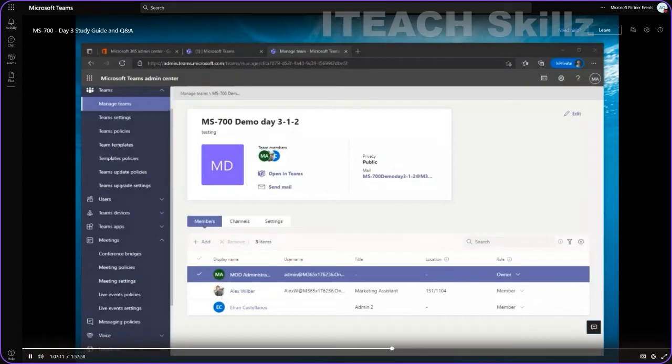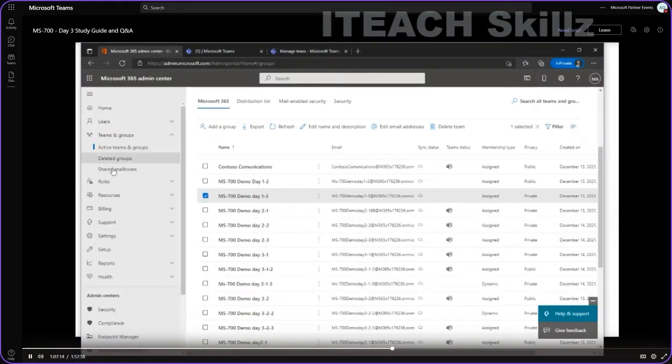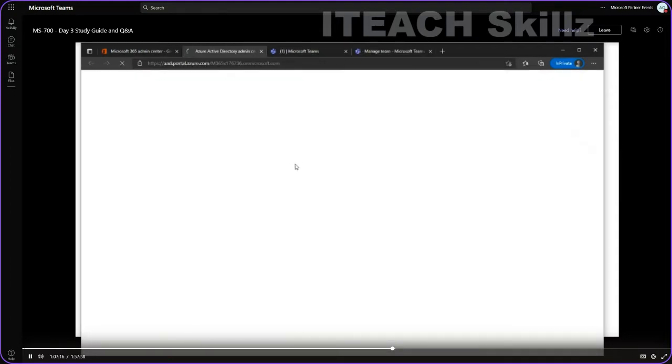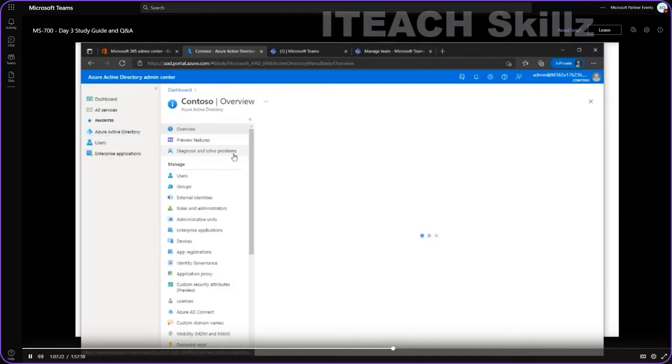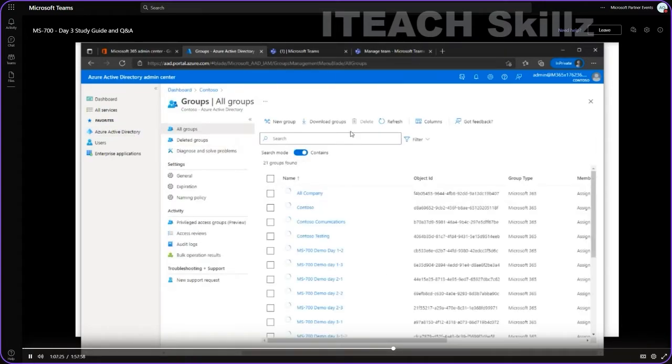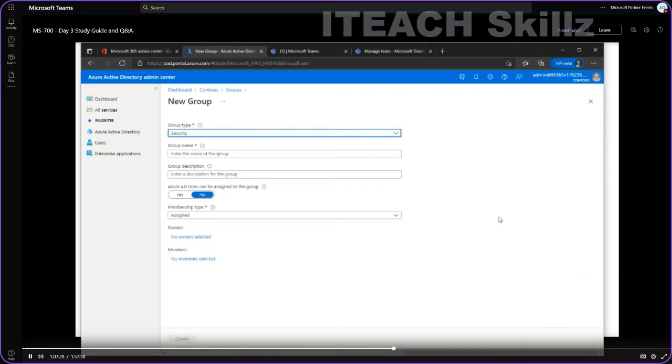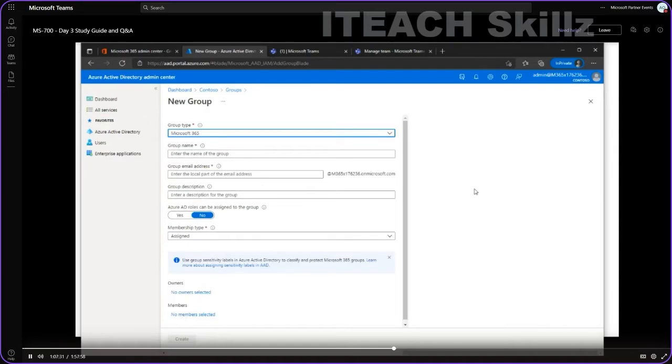I'm going to go here to my environment. I'm going to open the Azure Active Directory. On the Azure Active Directory, I'm going to go to Groups. And I'm going to create a new group. This is going to be a Microsoft 365 group. Of course, it's the type of group that is going to allow me to create a team. So this one is going to be name, the email address, group